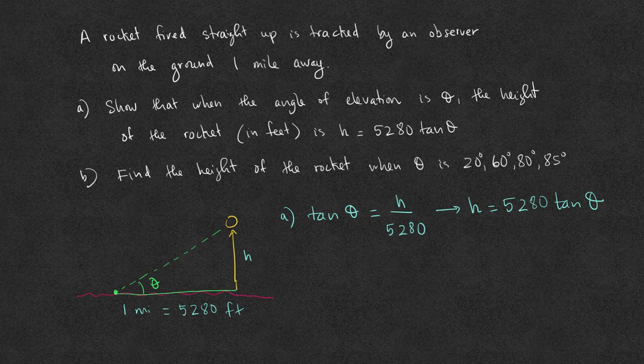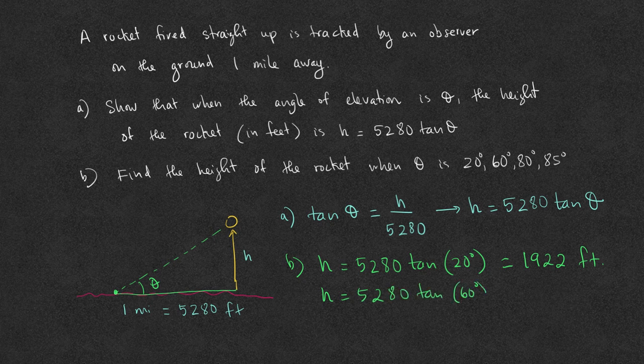For the second part, we simply need to evaluate this expression as we vary theta. When theta is 20 degrees, the height is approximately 1,922 feet, rounded to the nearest foot. When theta equals 60 degrees, the height is 5,280 tangent of 60 degrees, which is approximately